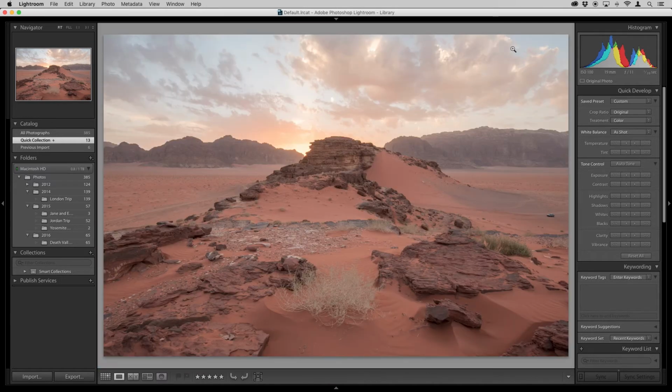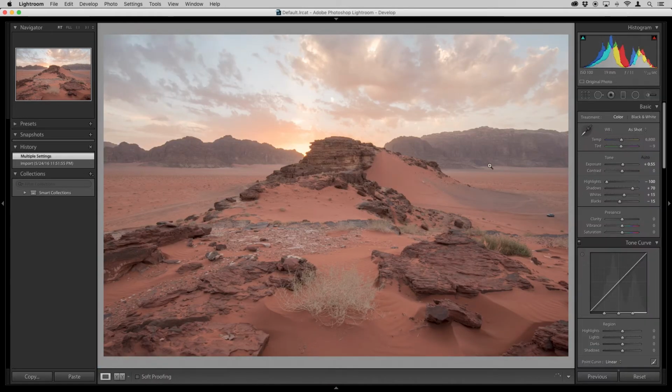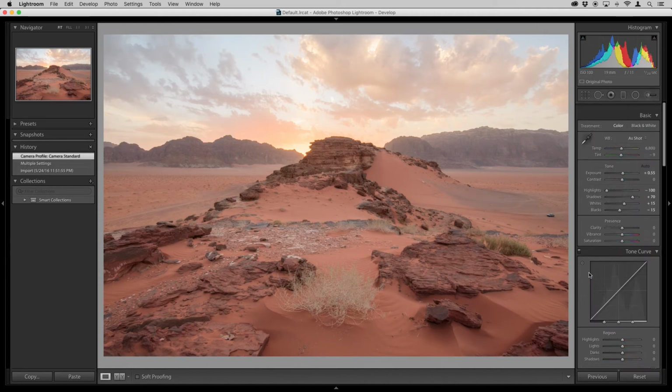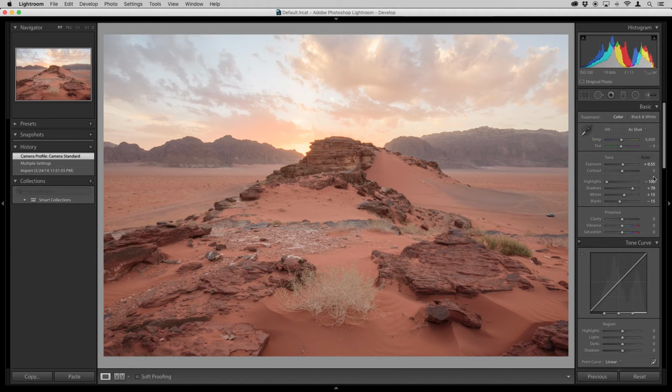If I double click on this image and then press D to go into the Develop module, I have the ability to actually now edit it just like before as a raw image, which is really great because all of these sliders and settings are going to be something that I can pick from. So maybe I want to start with a profile, select camera standard, and as you can see, that changes the image right there. And then another thing is when the HDR merge happens, Lightroom is going to apply some settings. And as you can see, I have things like highlights already set to -100, the shadows are boosted up, the whites and the blacks are changed. So if you don't like those, you can actually change them.